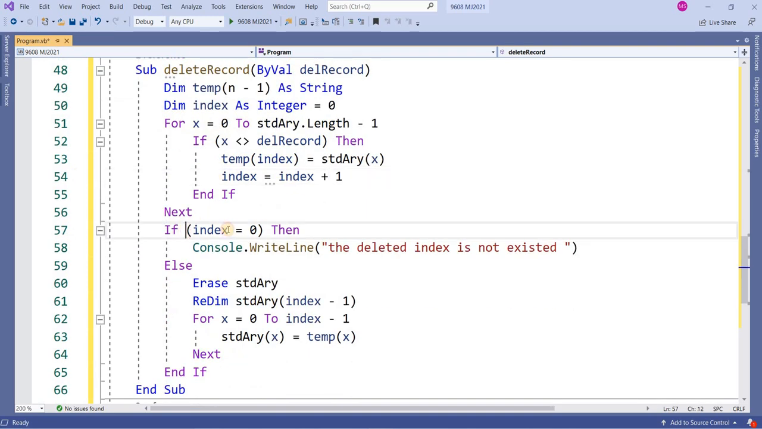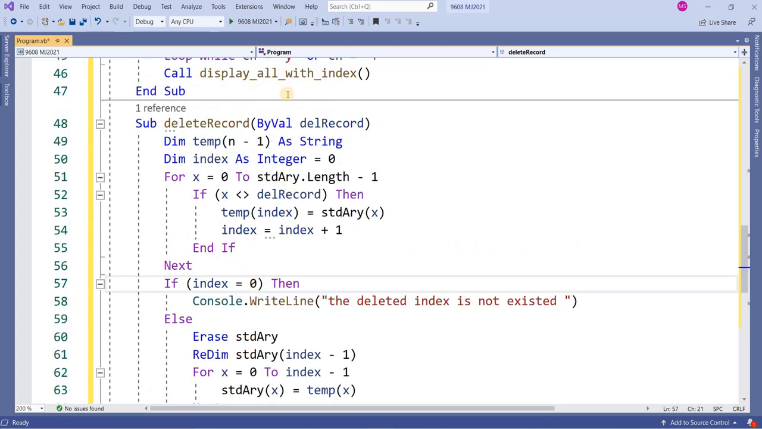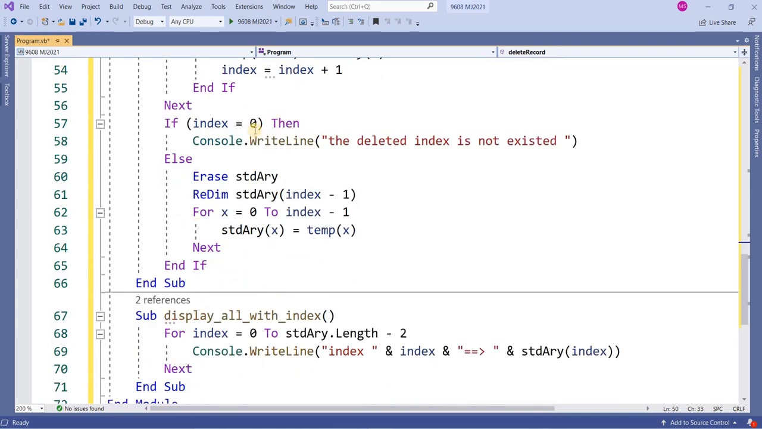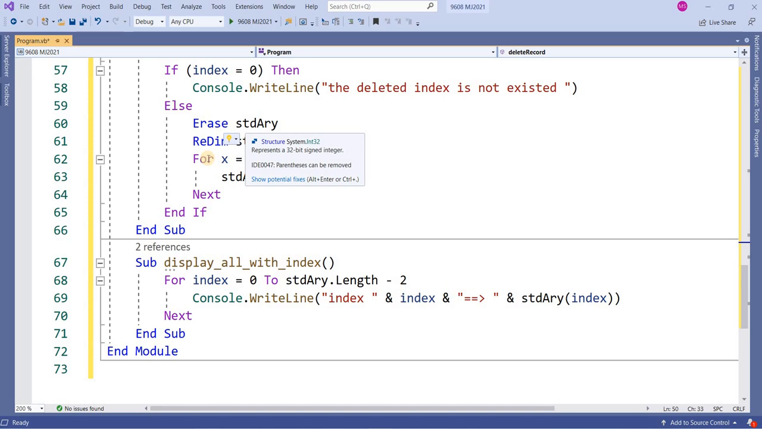Okay, then if index equals 0, because you are starting from index equal to 0, it means there is no change in index. It means the deleted index is not found, the deleted index does not exist. This is just for checking whether the deleted index is within the range or outside the range, or does not exist. Else, if it is found, if the value of index has changed, then what I am doing,